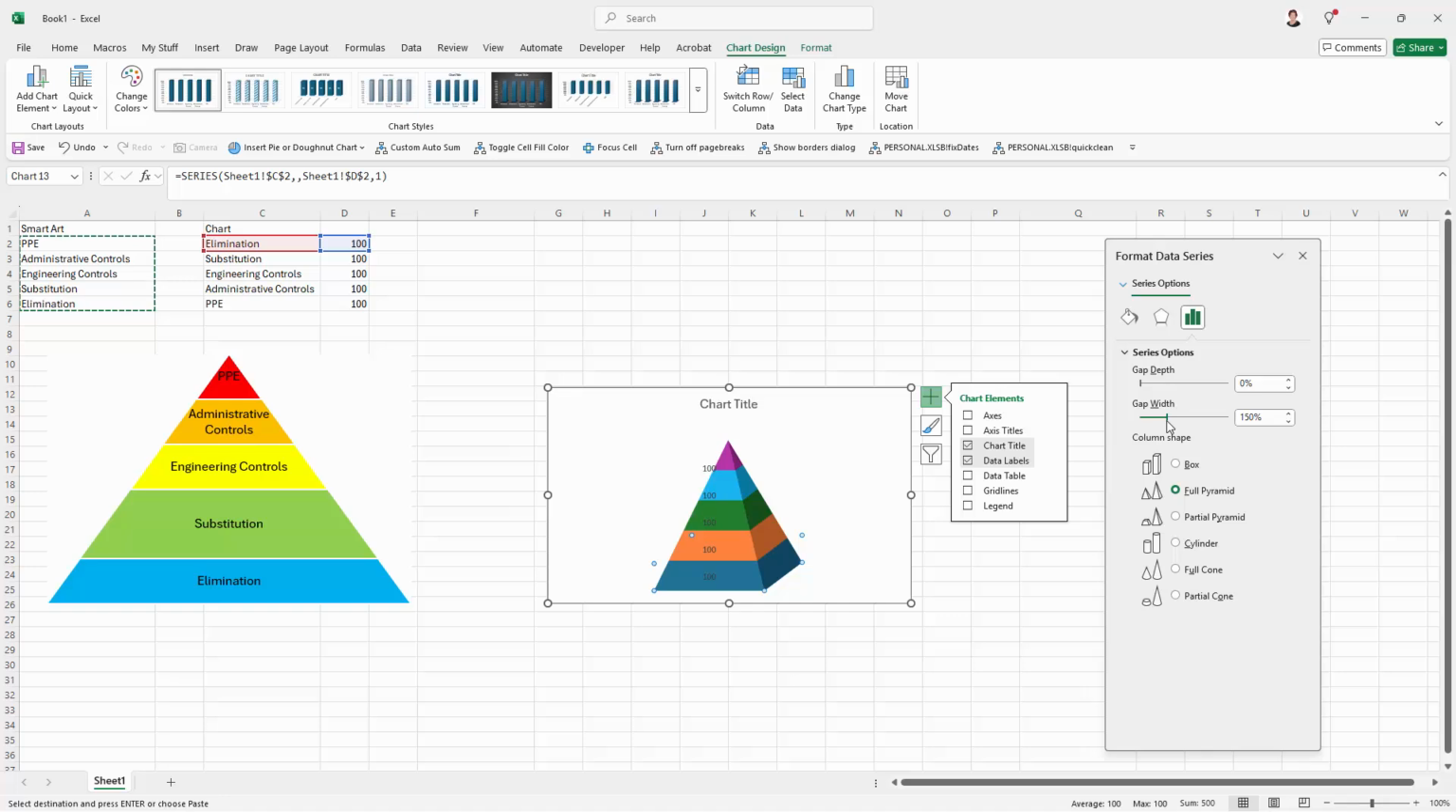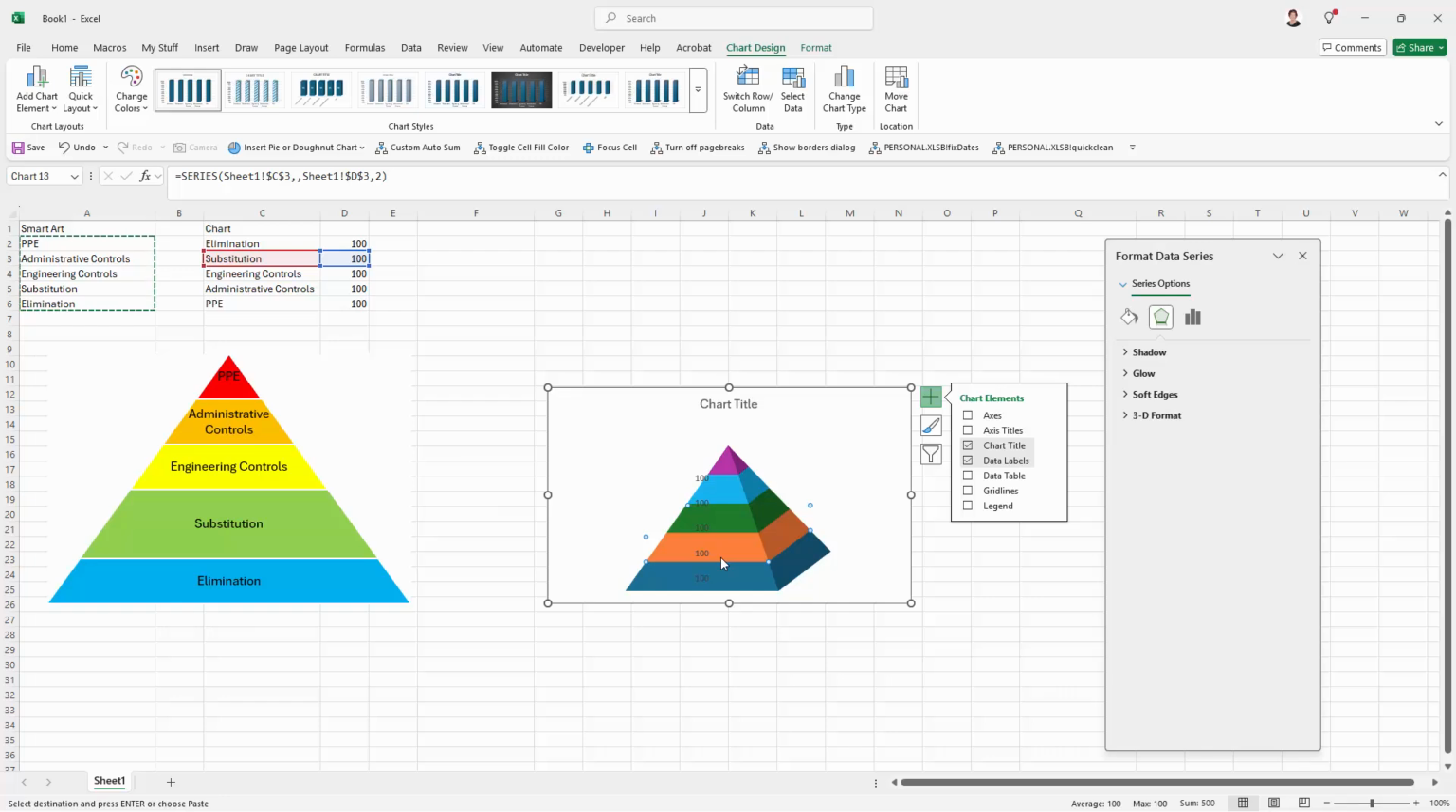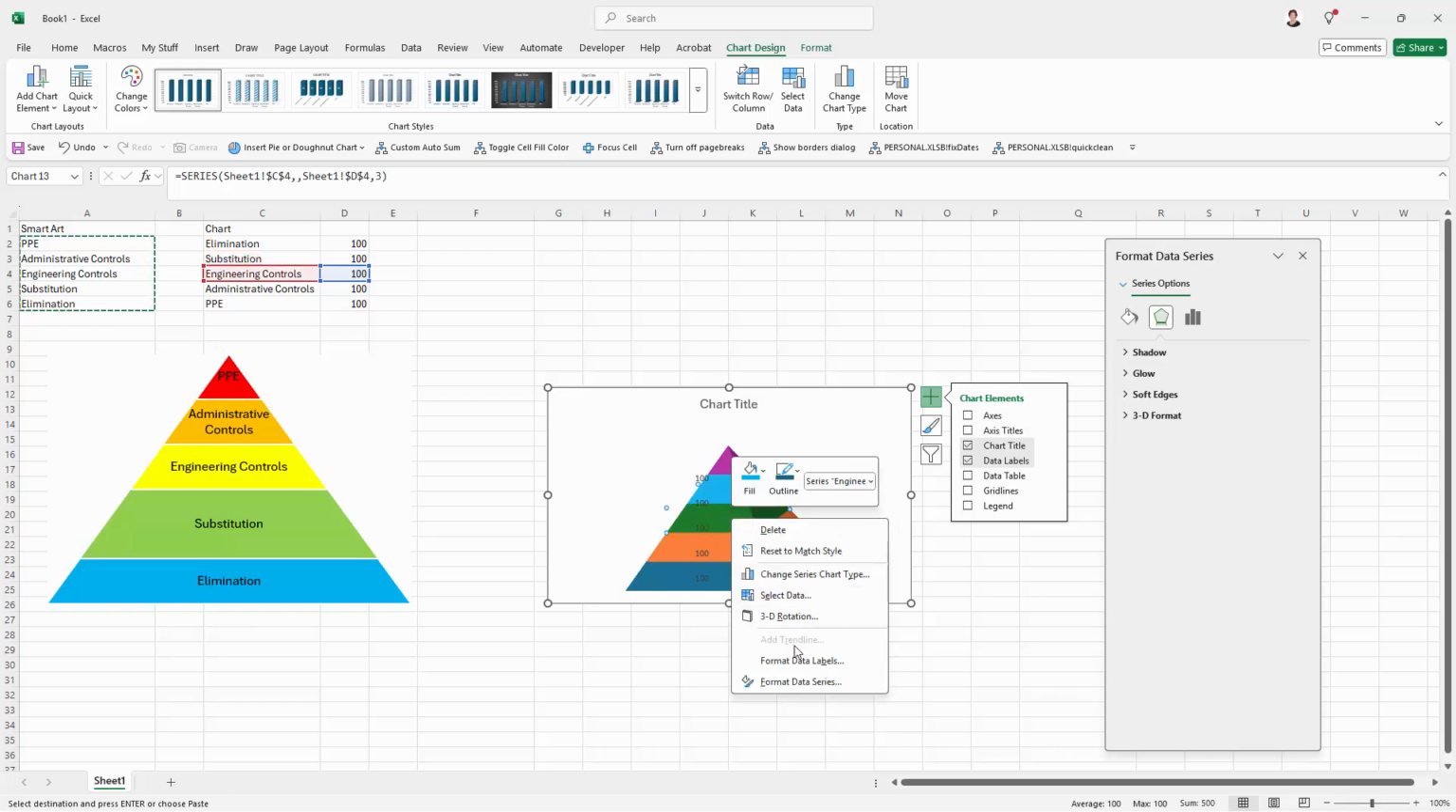And gap width is going to change how big this chart actually is. So if I roll it over here, you can see it's much wider, and this way it's much narrower. And we're concerned with the front face of this right now, because that's the bit that we're actually going to be using. The next thing we have to do is to make this a flat face object. So we're going to, again, just select one of these series, it doesn't matter which one, right click and choose